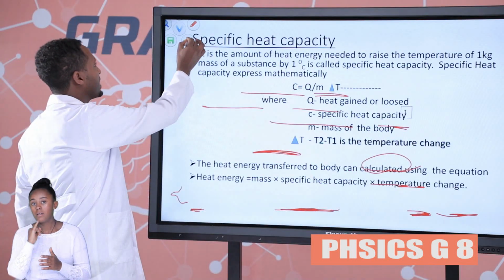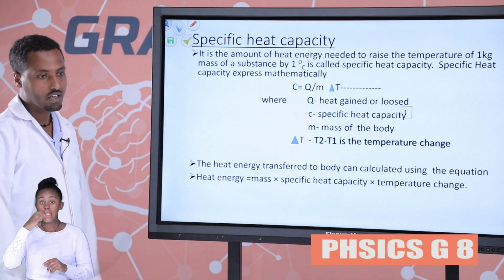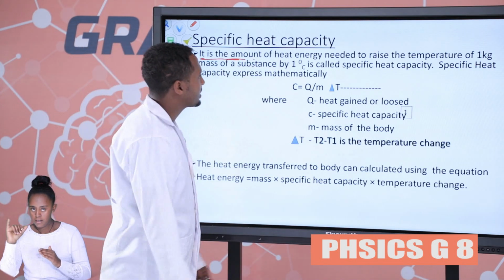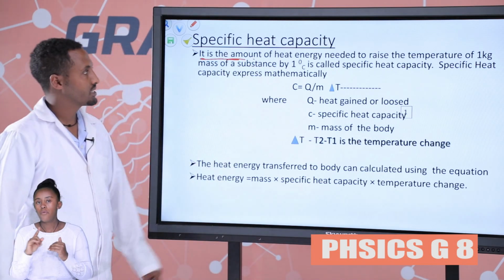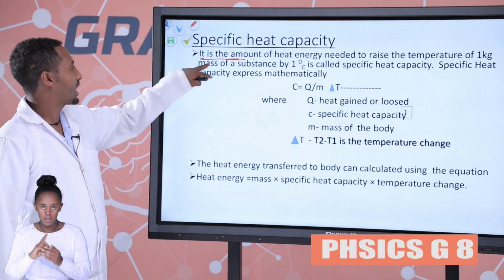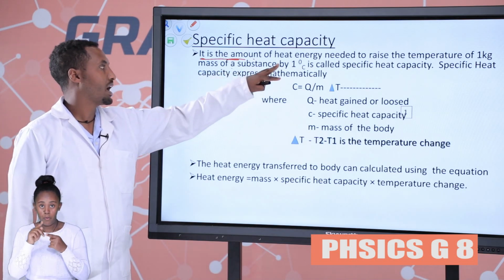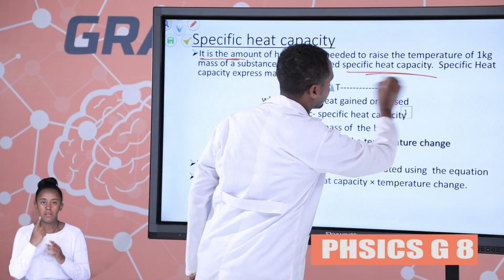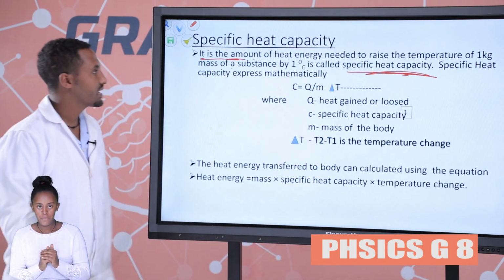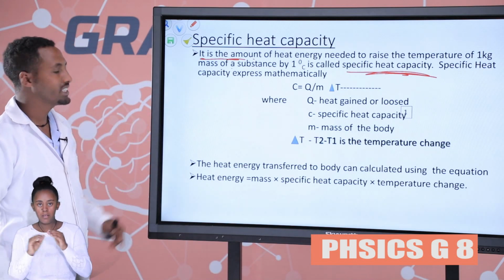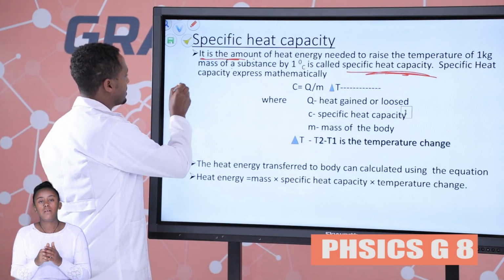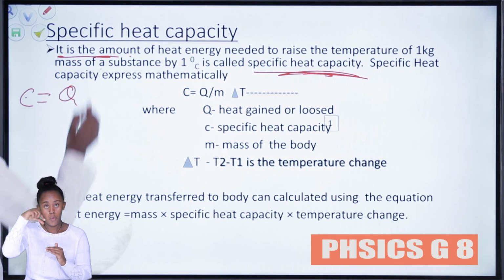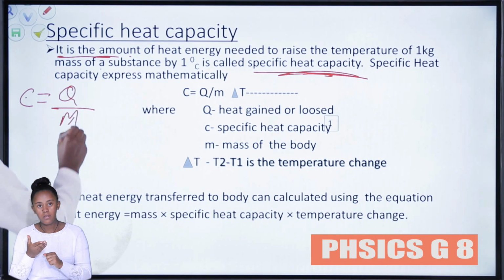The other is specific heat capacity. Specific heat capacity is the amount of heat energy needed to raise the temperature of 1 kilogram of mass of a substance by 1 degree Celsius. It's called specific heat capacity. Expressed mathematically, C is equal to Q over